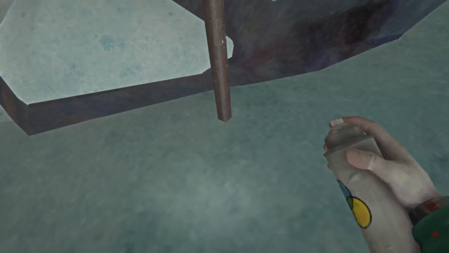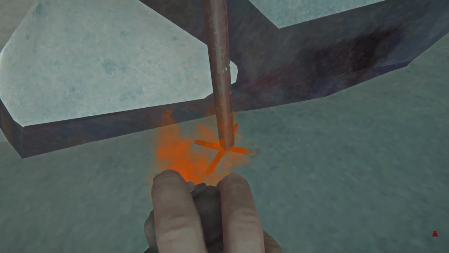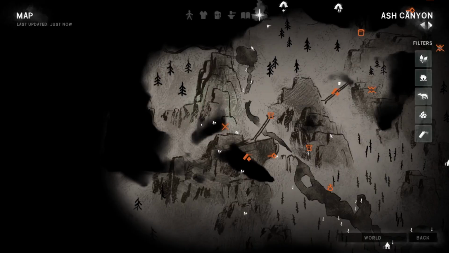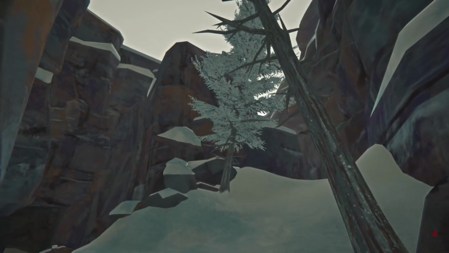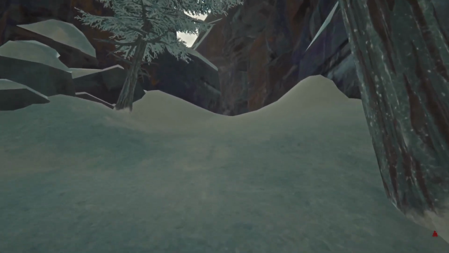Sadly, I can't do that right on the sign, but pretty much X marks the spot right there. Okay. I'm gonna get a little bit of an overlook here, and that's where we're on the right. At some point, I'm gonna have to jump down there. Just straight up, just run and jump. I mean, we can't really jump in the game, but...